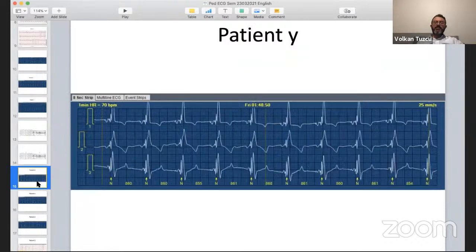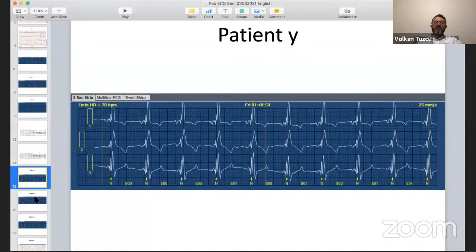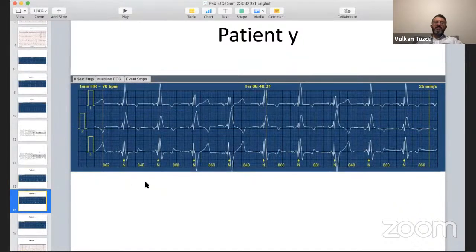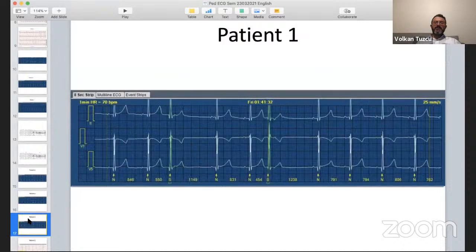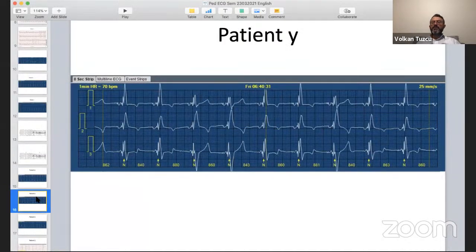All right, let me go before. This is after. Before, after. Meaning actually it's all the same Holter, all right? So there is some change. And what do you think about this change? What could be going on here? There's one more slide. No, actually 2 slides only. So what's going on here? Why is the QRS changing?